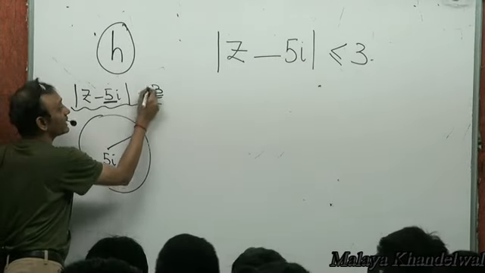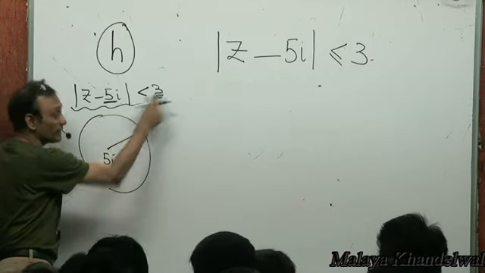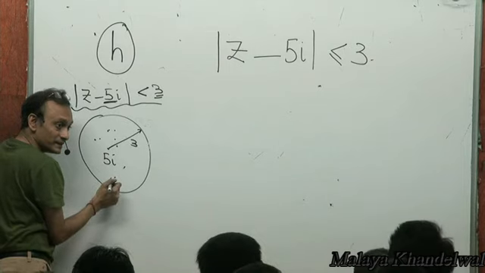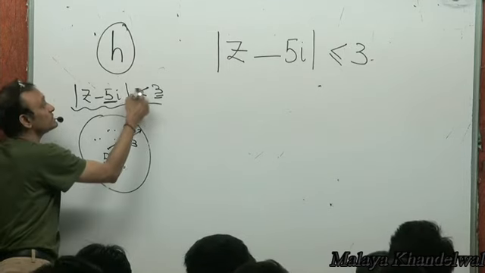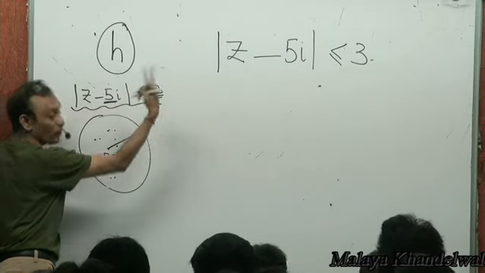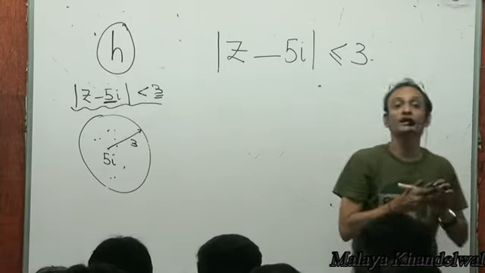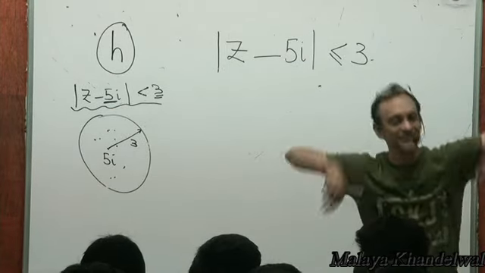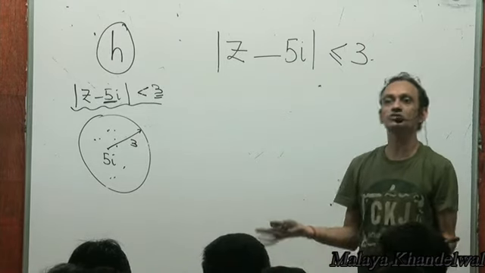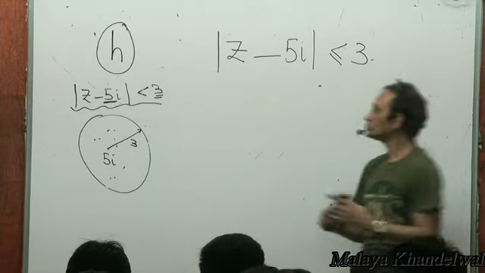If I said less than 3, that means distance of Z from 5i is less than 3. Then it will represent points inside the circle. Right? If I said mod Z minus 5i greater than 3, that means distance of Z from 5i greater than 3, it will be points outside the circle. So mod Z minus 5i less than or equal to 3 are points on or inside the circle with center 5i and radius 3. Yes or no? Right? Now,